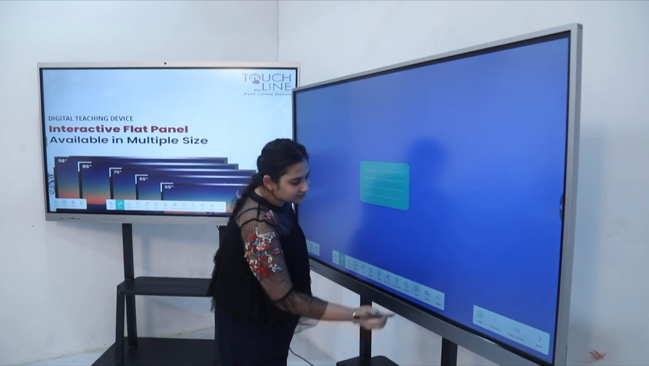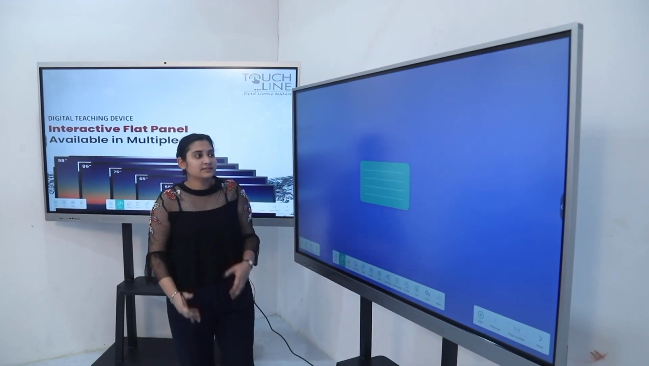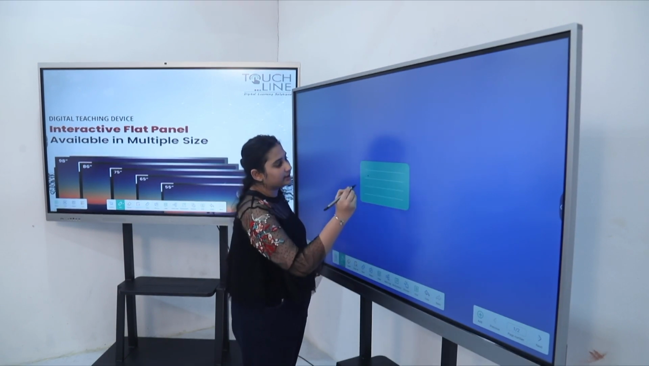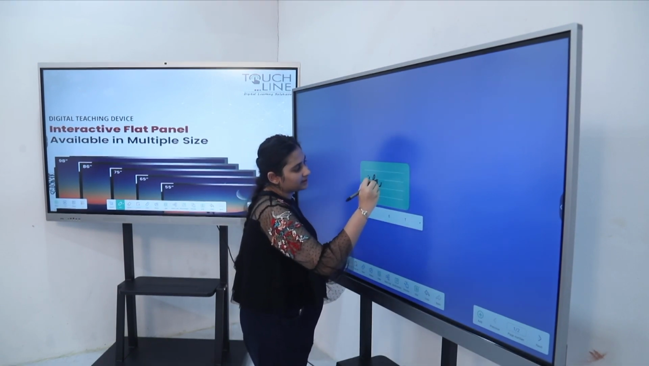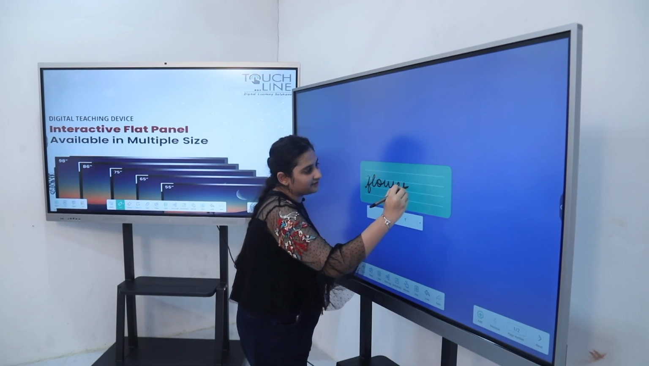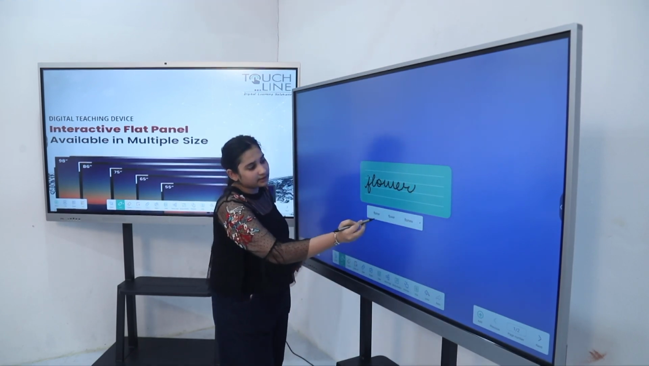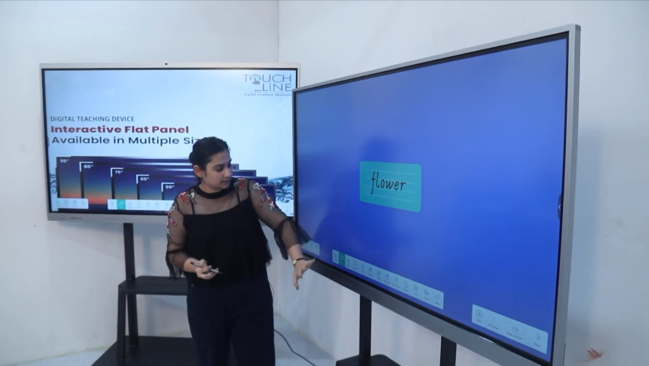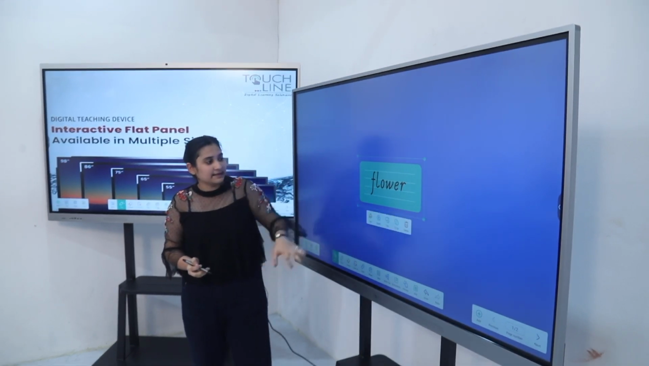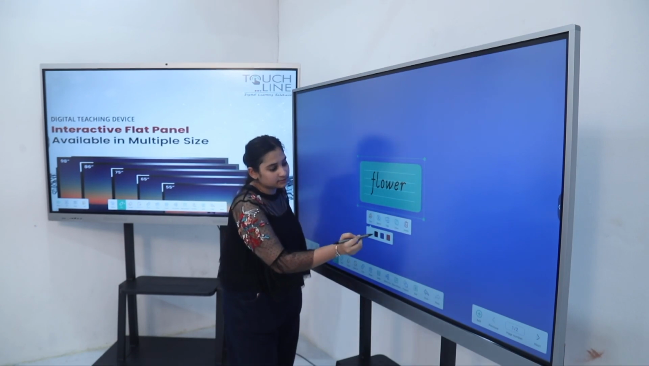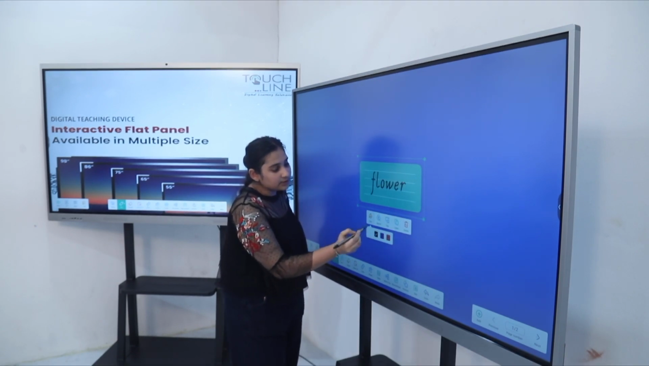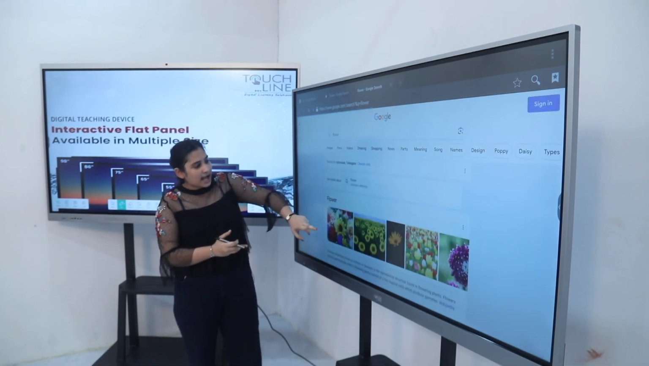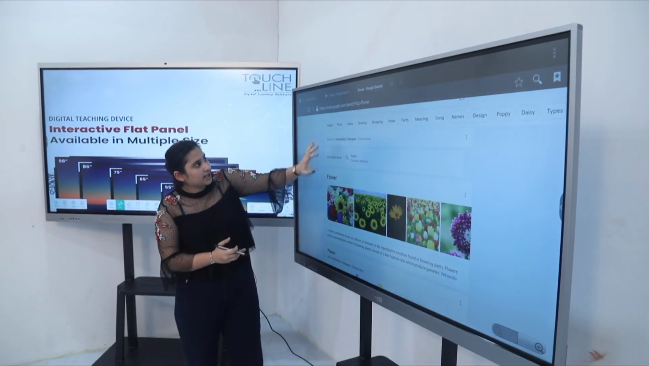Another interesting feature of this software is the grid. This feature is specially made for students to enhance their handwriting. For example, I have written the word flower. As you can see, it is directly converted by the smart write option and changes the writing. Now I can simply select the feature and change the text color and also search the text, which will lead you to the browser, and I can browse my images